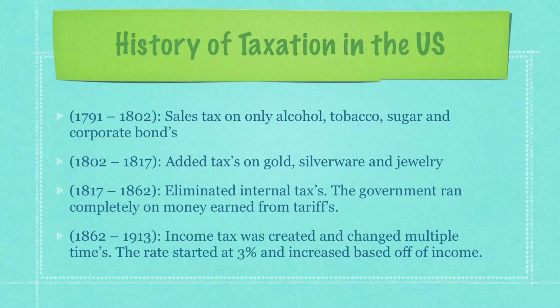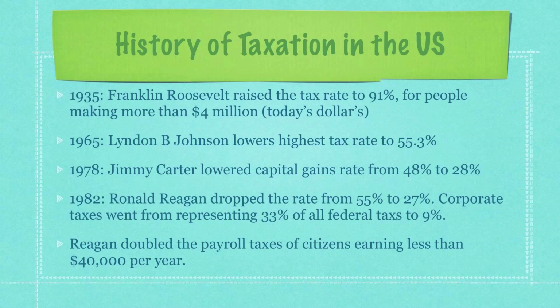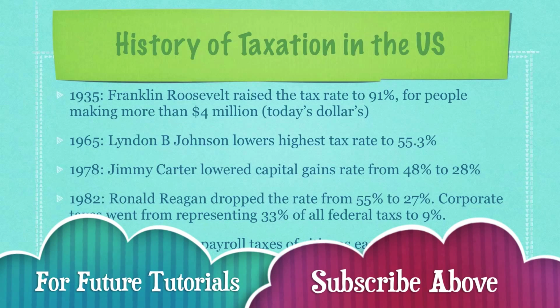In 1862, the income tax was created and changed multiple times until 1913. The rate started at 3% and increased based off of total income. In 1935, Franklin Roosevelt raised the tax rate to 91% for people making more than $4 million today, and that's in today's numbers. The belief was that the reason we should have a sliding scale on taxation was because the government at that time believed that those people earning higher incomes benefited more from government expenses in infrastructure, education, R&D,